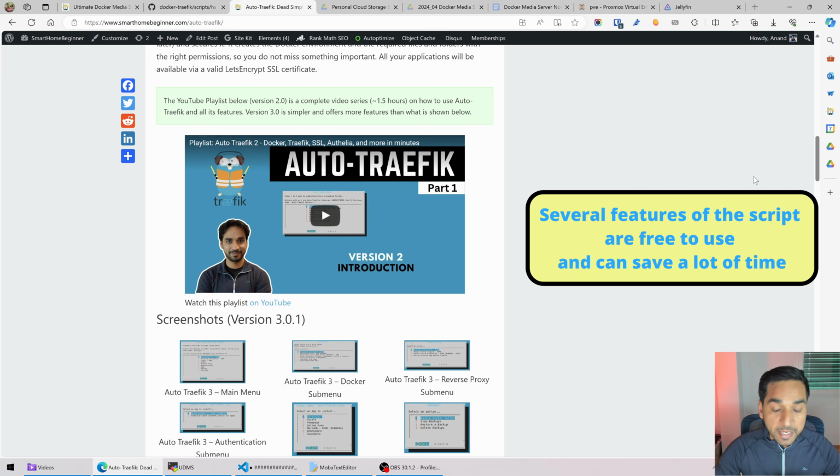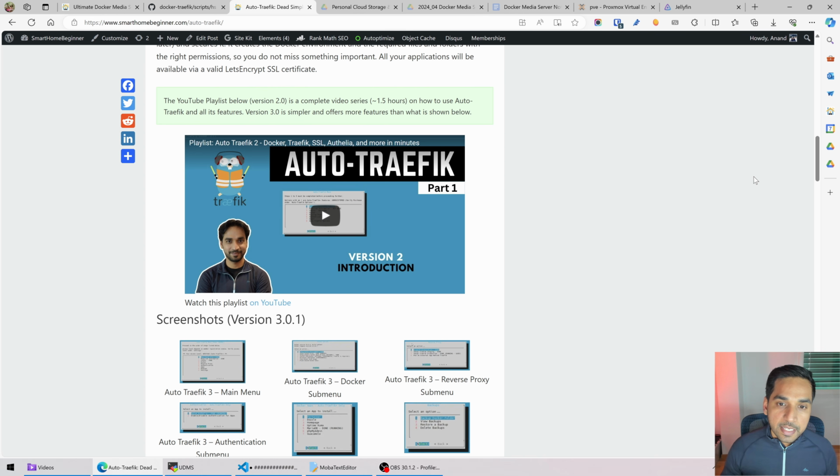It basically automates the whole thing for you. It creates all the folders and files that are needed. It pulls in all the templates that are needed. It can do a lot of things for you, including setting up a reverse proxy so you can access all of the services that you just created externally using a nice domain name, which is not even in the scope of this video, because today we are creating a Docker media server that is accessible only from within our home